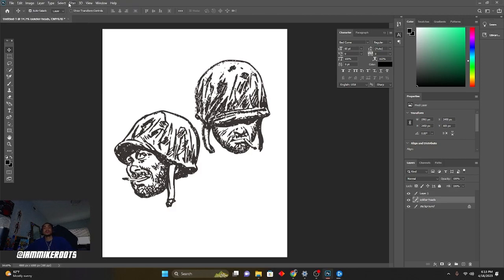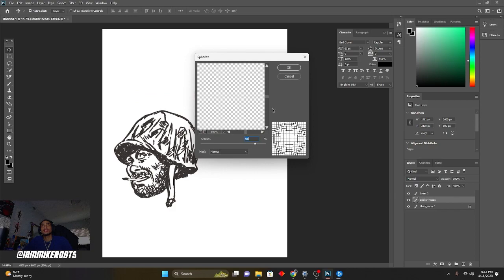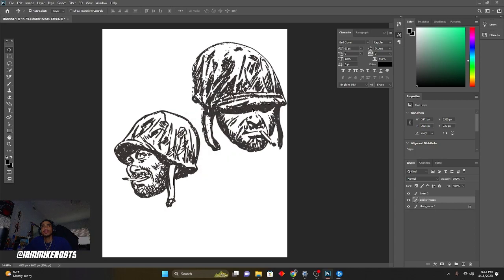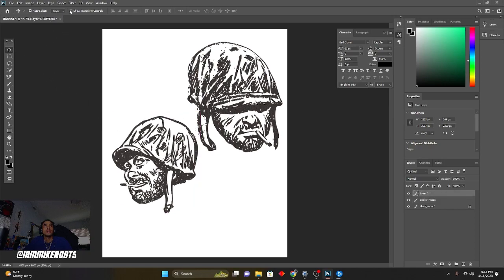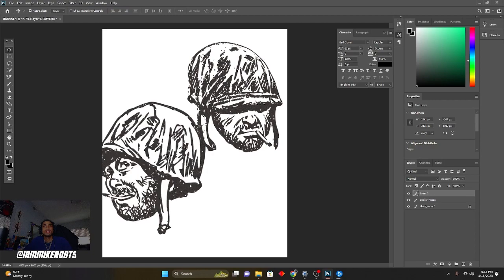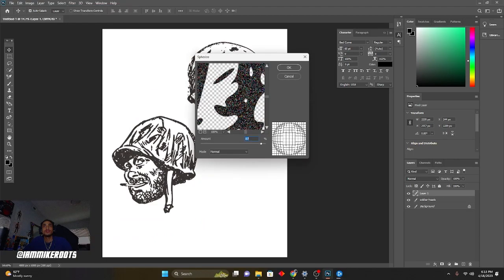So after you figured out what you wanted to do with that, then I will go to filter, go to distort, go to spherize, and then this basically makes it kind of look like it's bulging outwards. I think it looks pretty cool. Not if you add too much, but just the right amount. So right there, and then this one right here, I'll also do it to this maybe, but not as exaggerated, just because you see it looks a little weird when the head is like so huge. So we're gonna go to distort, spherize,